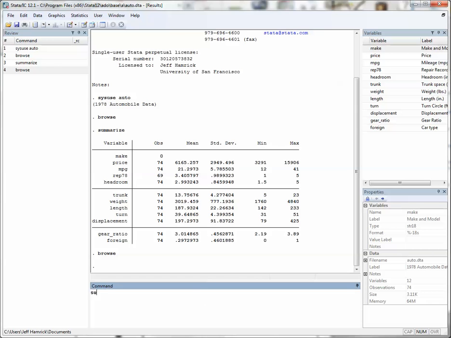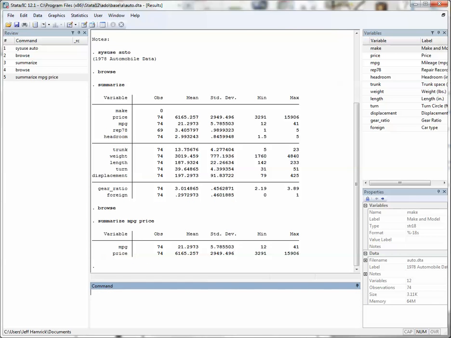So you can restrict summarization to particular variables in the data set, like miles per gallon and price, by just listing the variables after the summarize command. You can also use, as is typically the case, conditioning statements in Stata to restrict the summarization to those cases that satisfy particular properties. So for example, if I say summarize two variables, miles per gallon and price, but I ask that you only include those cars in the summary such that they are foreign cars,